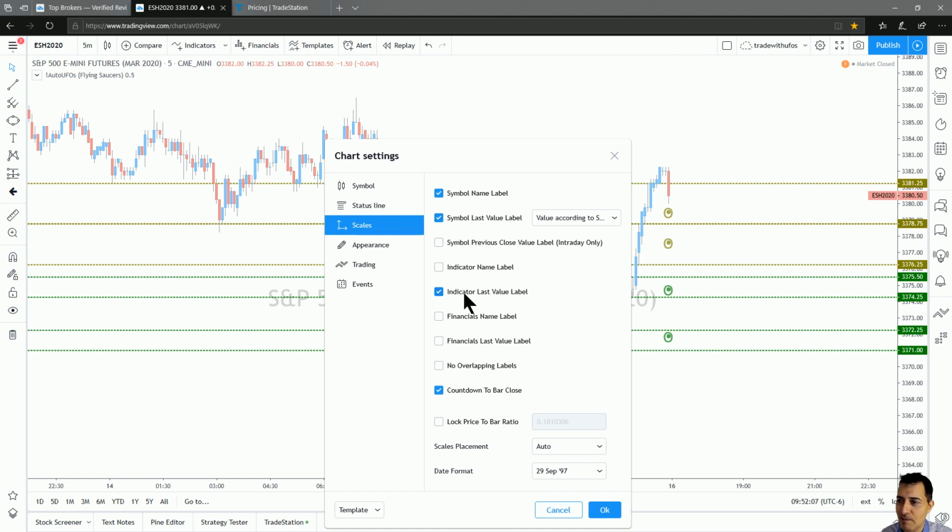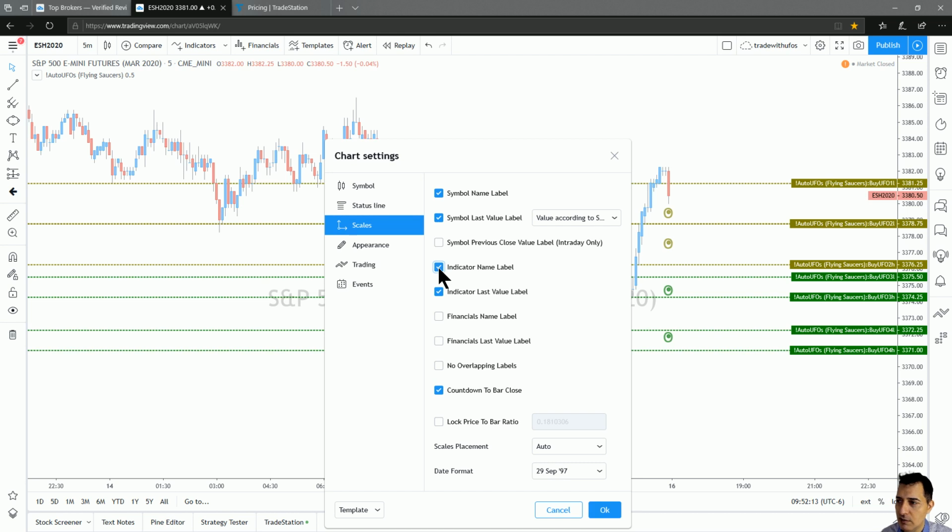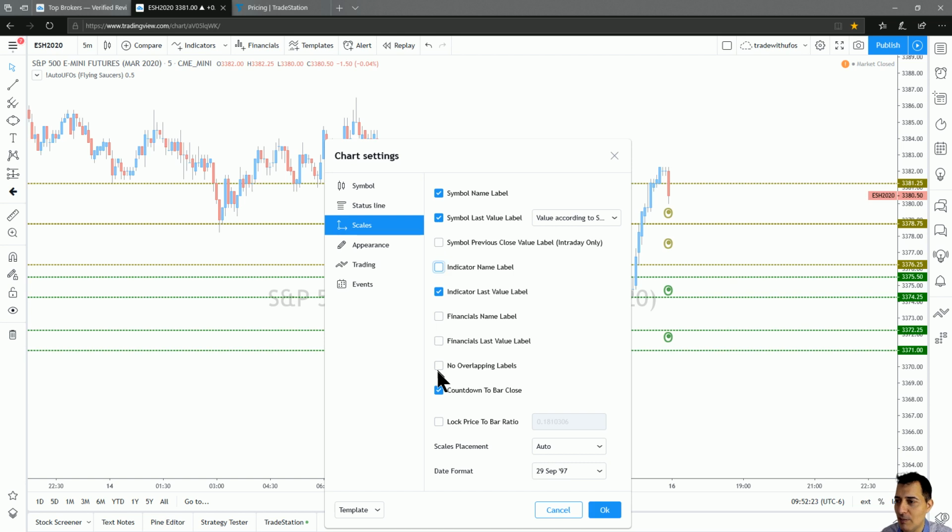I would say the indicator name label could be useful in some cases. In this case, it's very kind of bulky, so that's why I have it disabled. But in some other indicators, maybe using this feature here of no overlapping